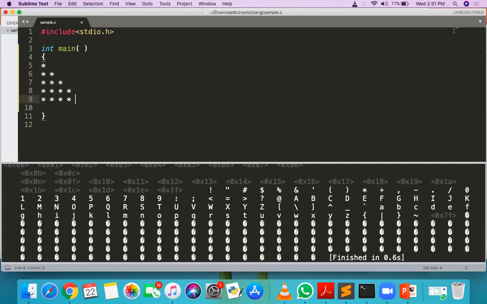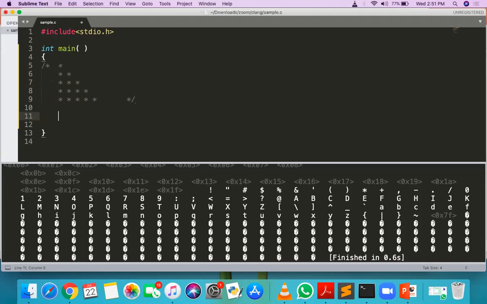First we need to go for this type of output. So we want this type of output, star star star, all stars.